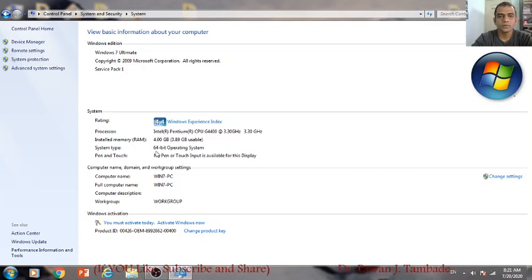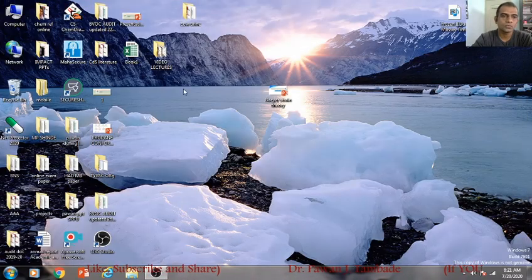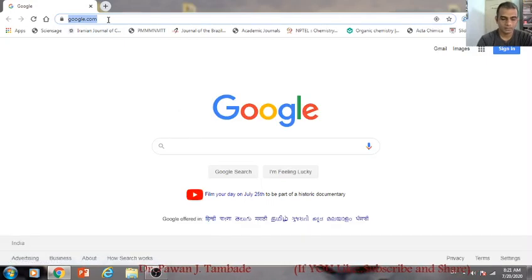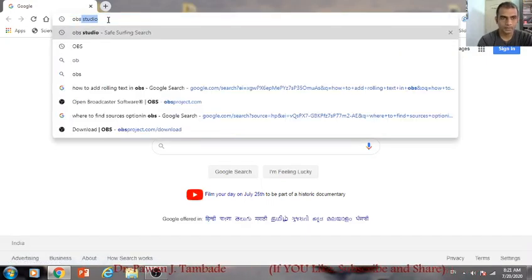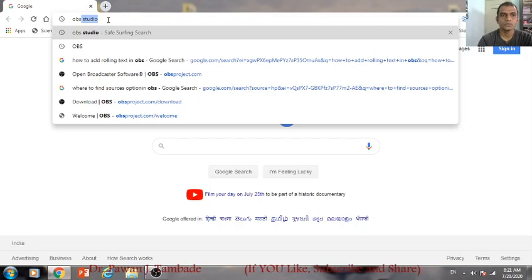Once you know which operating system you are using, it will become easy for you to download OBS software and install it. To download OBS software, just go to Google Chrome or Internet Explorer and in the address bar type OBS Studio and click enter.